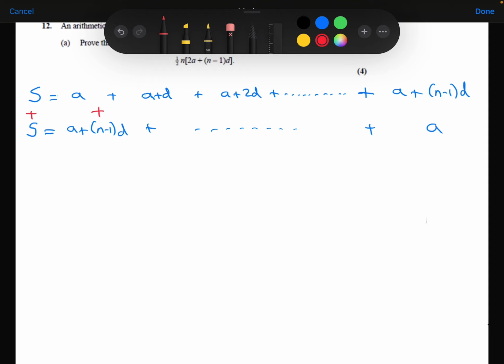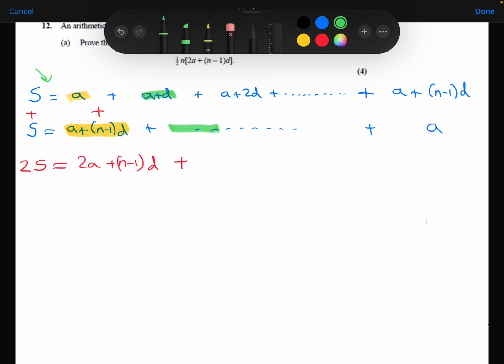So on the left hand side I've got S plus S, the sum plus the sum, which is 2 lots of the sum. On the right hand side I've got a plus n minus 1 d, which when we add the two a's together we'll get 2a, and then we've got the n minus 1 d. Next we would add the a plus d to the term here, whatever that is, it doesn't really matter. The point is that the top line,